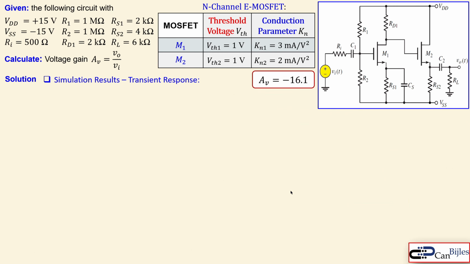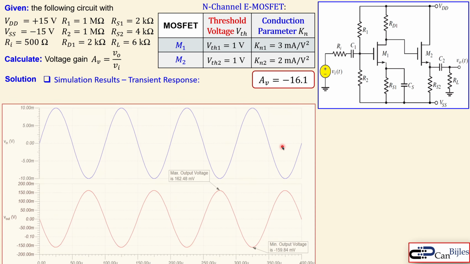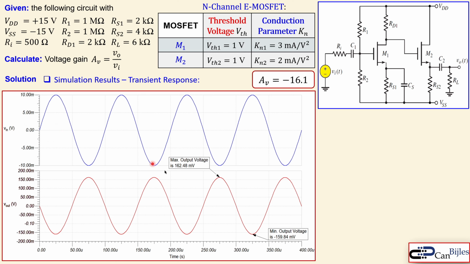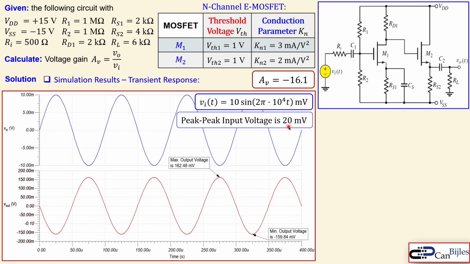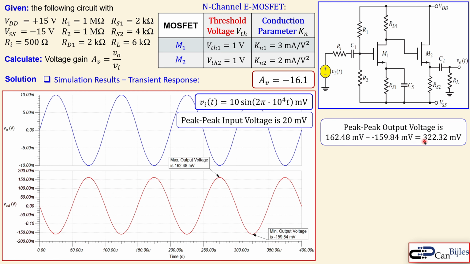Okay, let's bring it here and look at the transient response. So we apply some input, which has a specific input voltage shape, a pure sine wave. It has 10 millivolts peak and 10 kilohertz frequency, this blue line. But looking at the output, which is red, which is inverted, so you can already see this minus sign here, it's inverted. It has a maximum and a minimum value we have determined here after a couple of periods. The peak value will be then